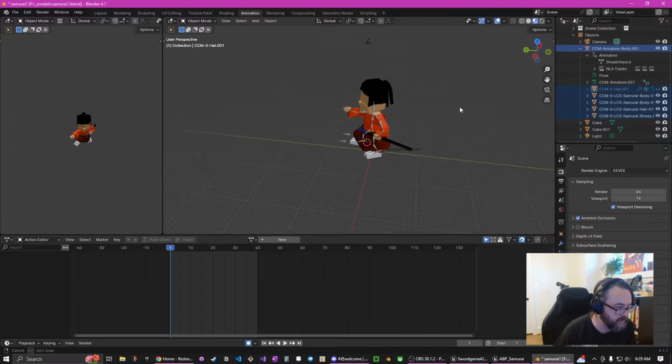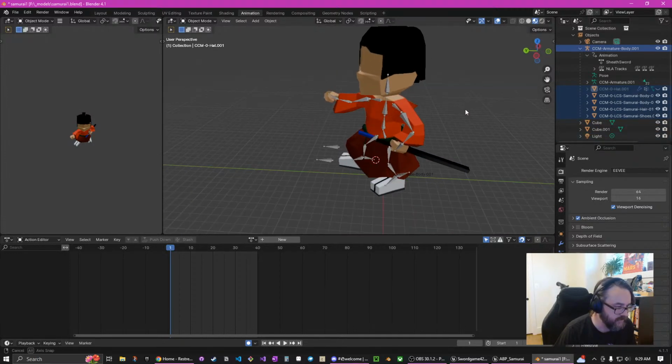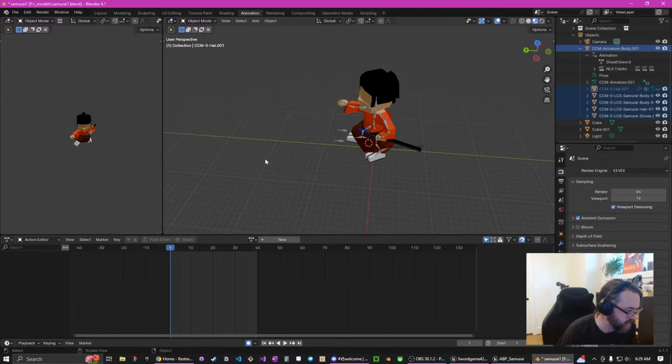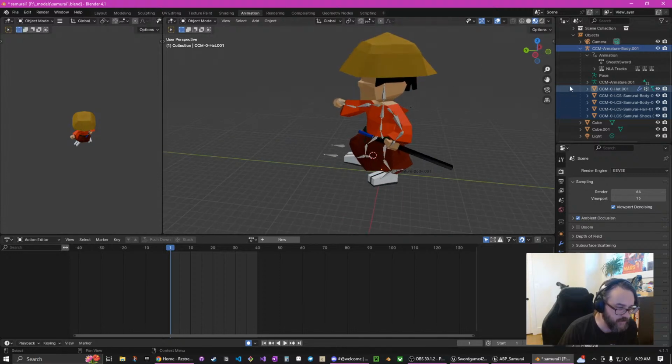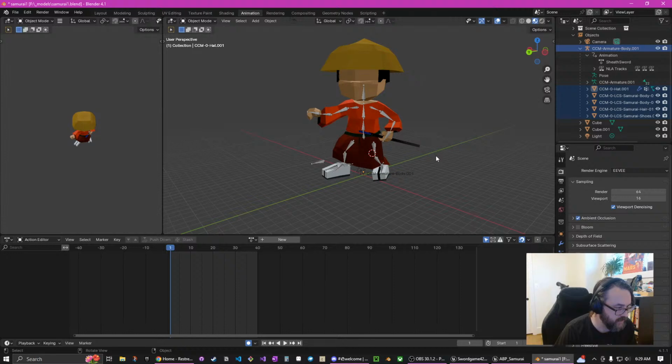But I was thinking of having the ability to have those things customized. So I think that might be part one, to separate those things and re-export the base mesh, and then re-import those two things separately, and then work on some animations, which